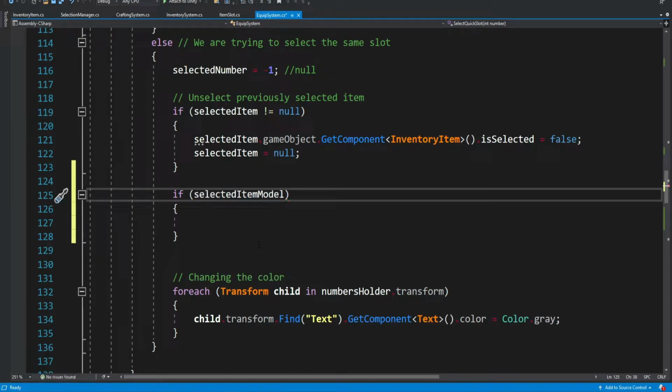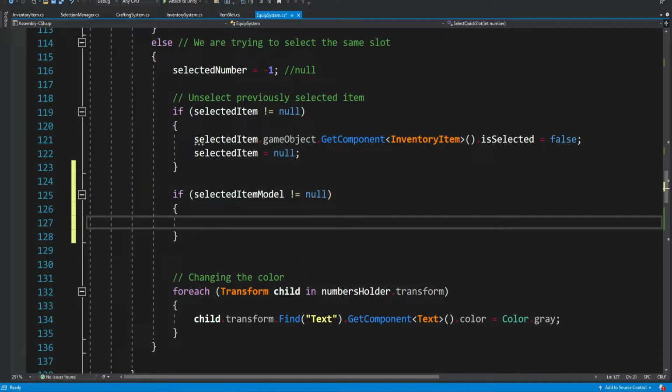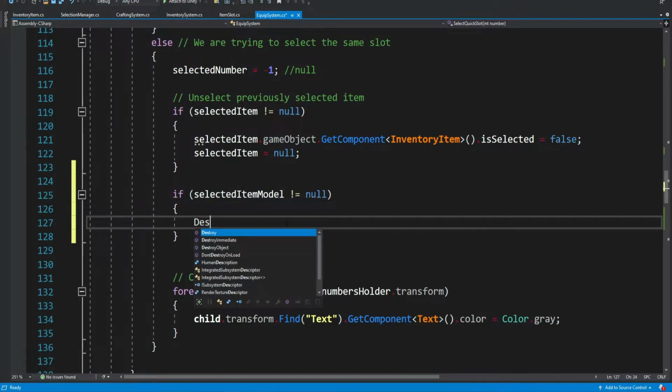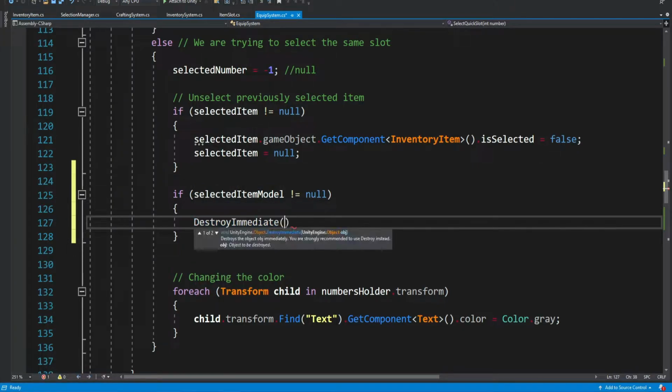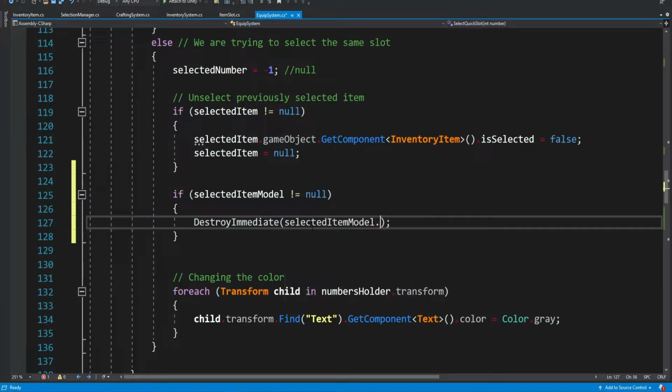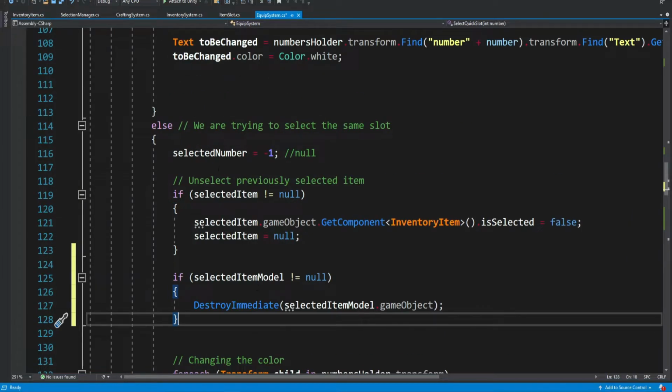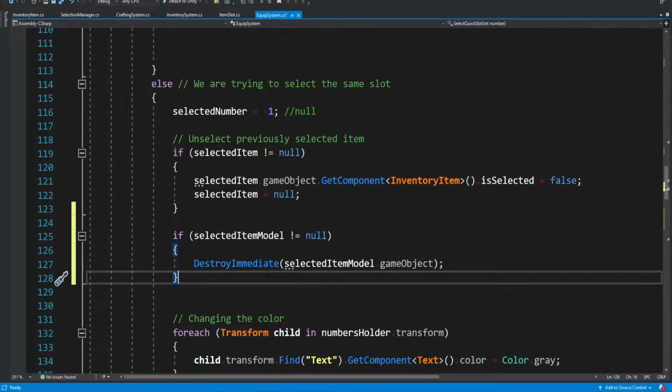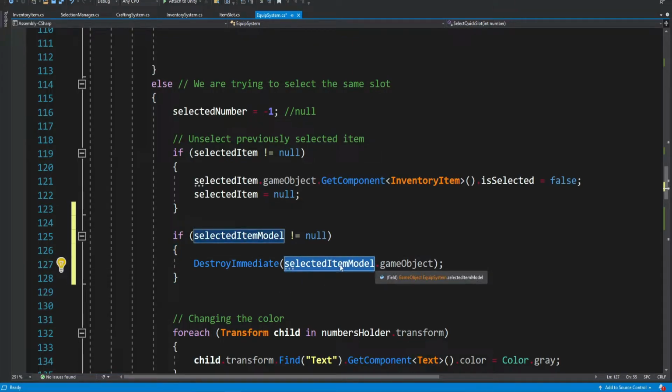If selected item model is not null, so if something is selected, if we have something inside this selected item model, only then destroy immediate, and we talked about immediate in the previous episodes, selected item model game object, okay? So when we select the same number, we're simply going to destroy the selected item model, okay?